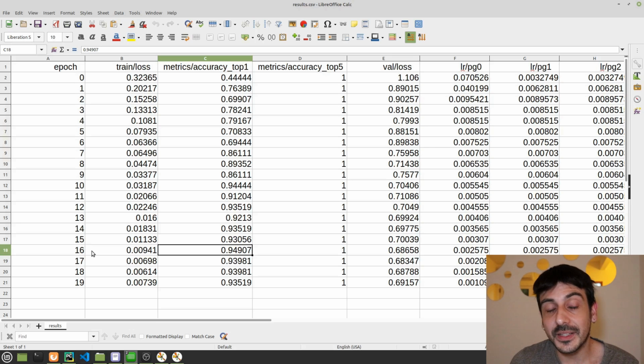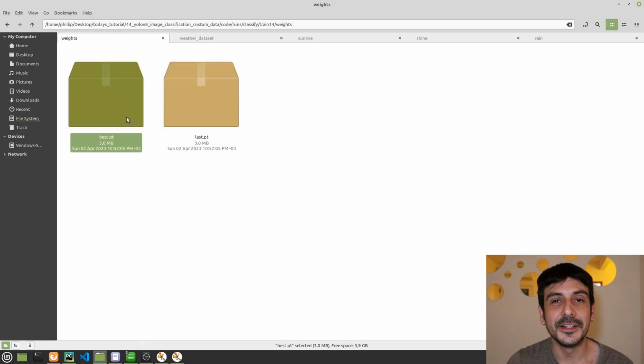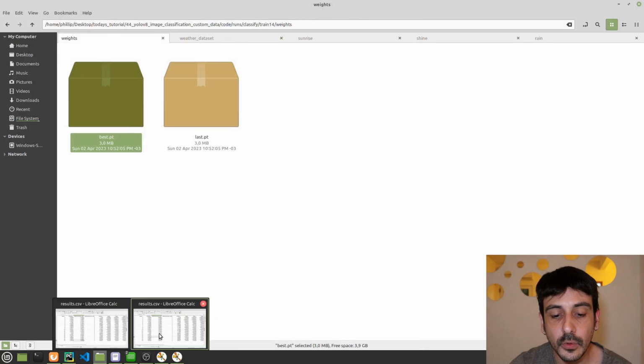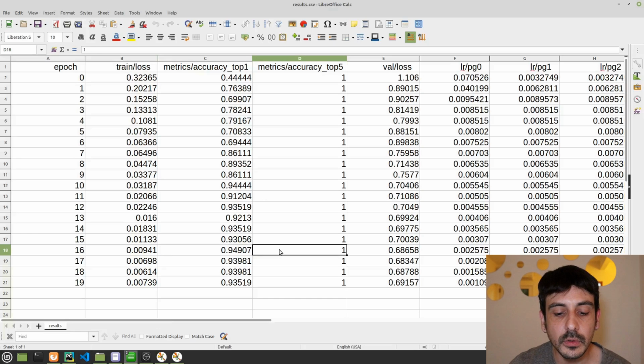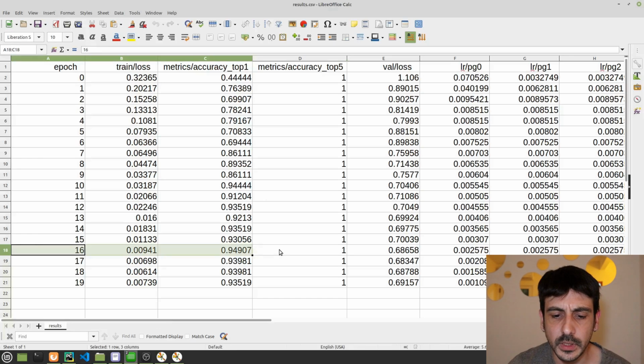And if you ask me something like that, I would say, yeah, you're perfectly right. You're super right. That's a very valid argument. And that's exactly what the best.pt model is, right? We are saving the weights of the best model in our entire training process. So if we look at our data, the best model in our training process is this one, if I'm not